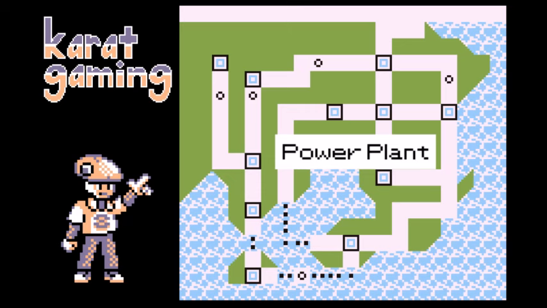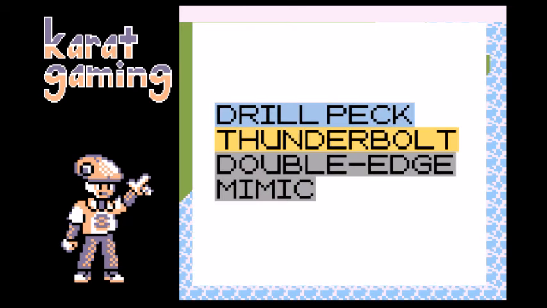Also, Zapdos can't evolve. A good moveset for Zapdos will be Drill Peck and Thunderbolt as go-to moves, helping Zapdos have great offensive synergy against many opponents. Double Edge is backup in case Drill Peck runs out of power points, and Mimic to let Zapdos copy one